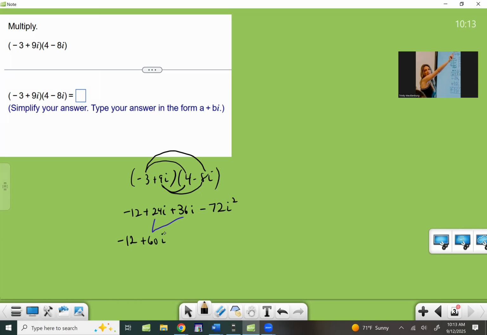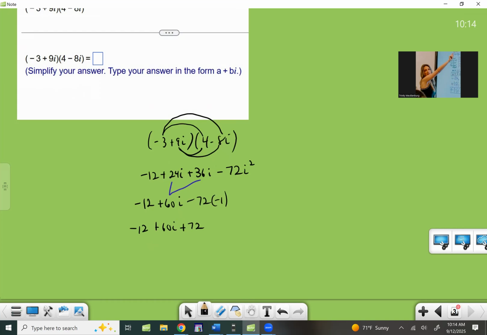And then don't forget that i squared is really negative 1. So on the back end there, we are doing a negative 72 times a negative 1. So a negative times a negative equals a positive. So basically, anytime you see an i squared, it's just going to go in and change the sign. That's all it's going to do. Notice we went from a negative 72 to a positive 72 because of the i squared. So it's a nice shortcut. Sometimes you can just skip right to this step and go, okay, I'm gonna get rid of the i squared